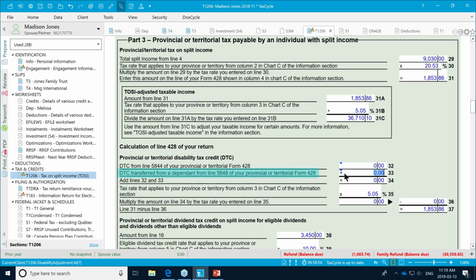So it would only affect people in situations where the full amount of the tax credit is not getting transferred. This is just one box that you will want to make note to double check if there is a partial transfer, to make sure that it's transferring the correct amount.